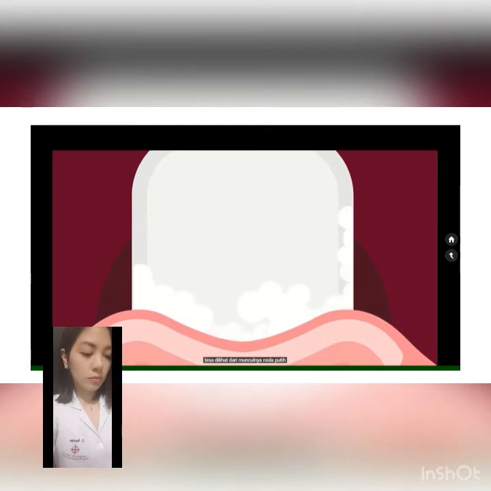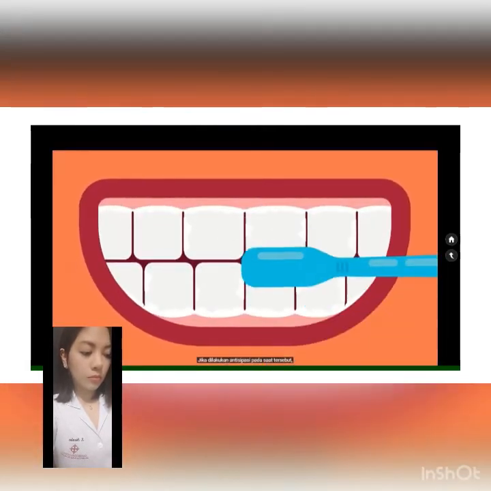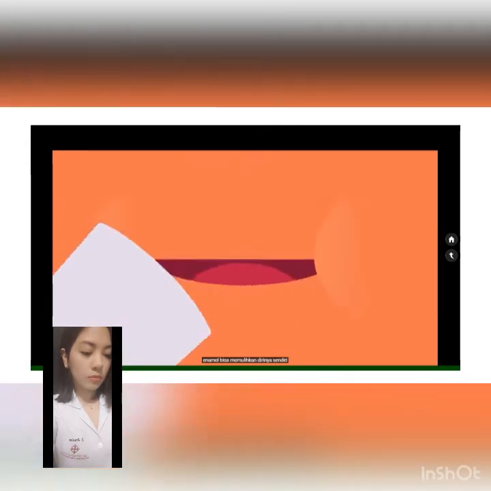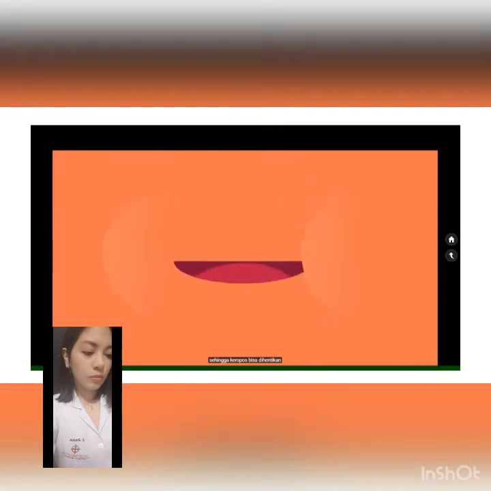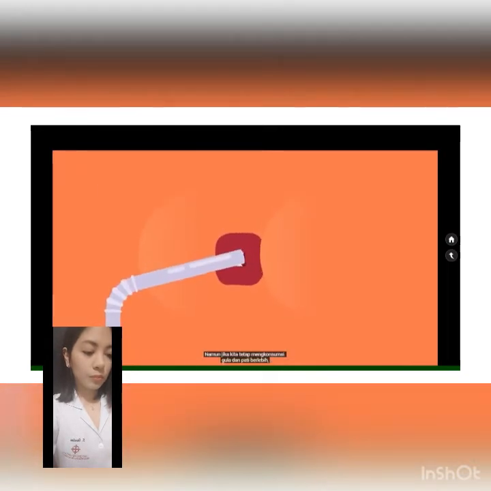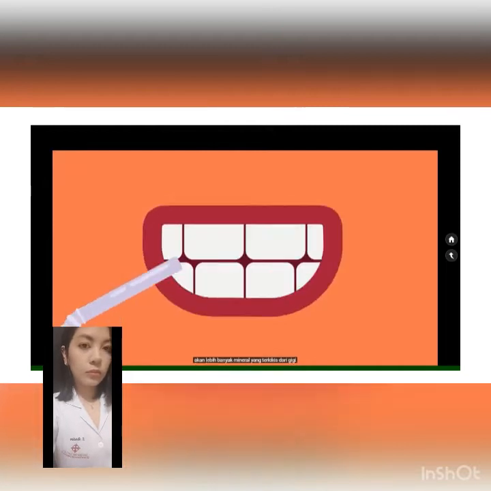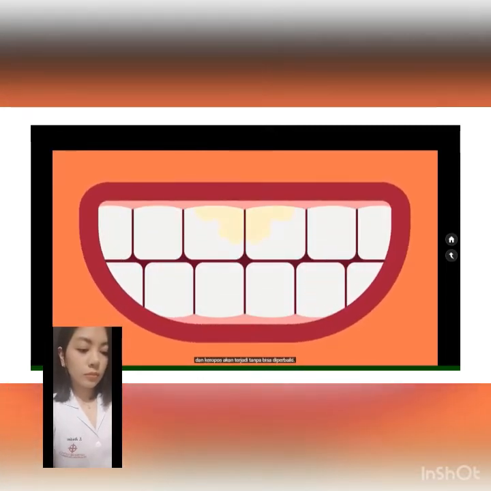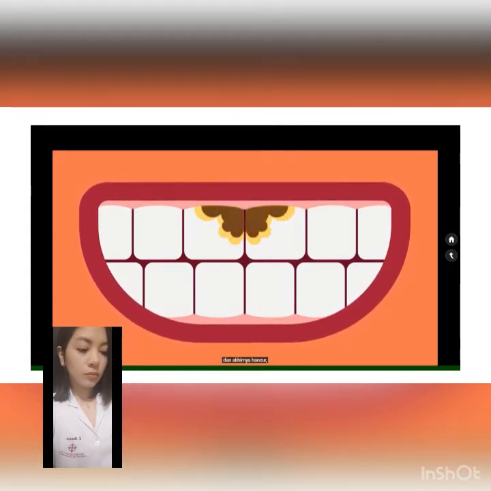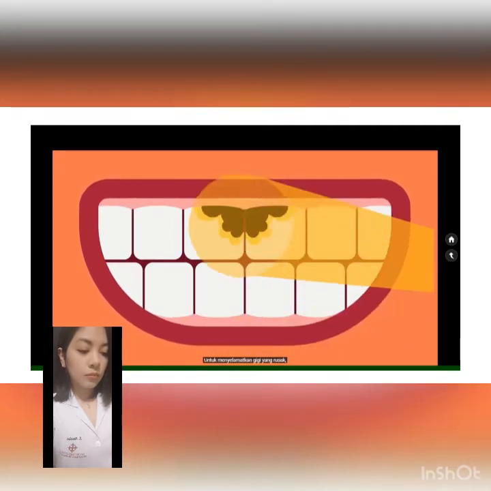An early sign of decay may show in the form of a white spot where the mineral is lacking. If action is taken at this point, by supplying enough minerals and fluoride, the enamel can still repair itself, and the decay can be stopped or even reversed. But if we keep consuming sugar and starch mindlessly, more minerals will be lost and the decay process will continue beyond repair. The enamel will be weakened and eventually destroyed, forming a dental cavity.